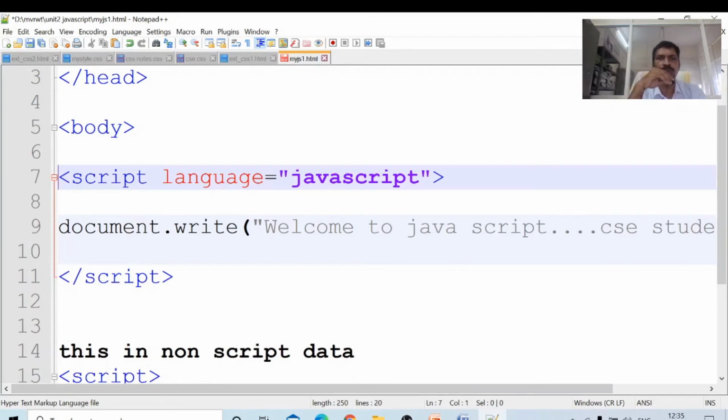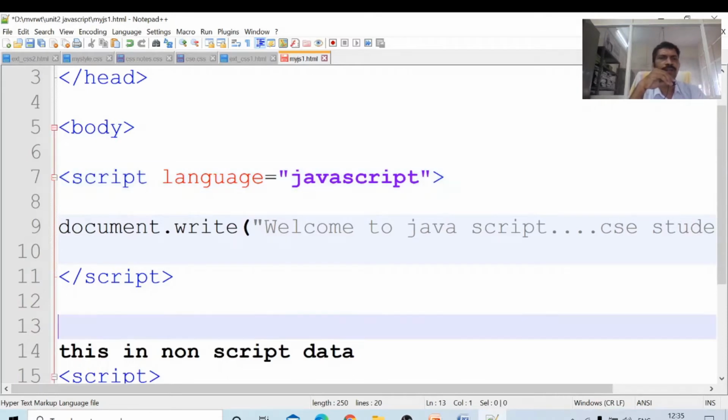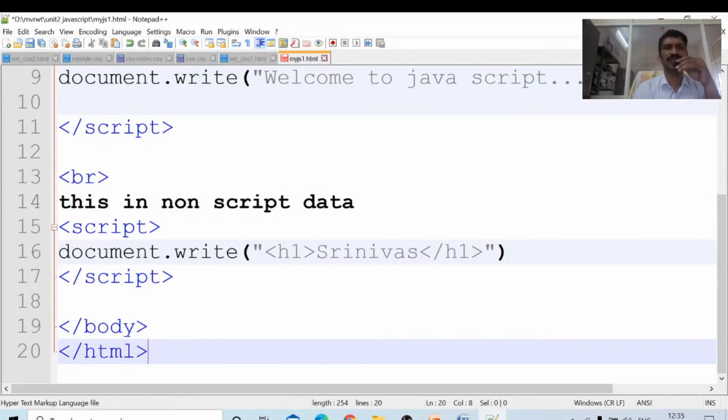Document.write, whatever we have given will be written onto the browser. Document.write, just welcome to the JavaScript. Next, I want to break here. BR means next line, so it will come on the next line. Then slash script, script slash script, document.write H1 Srinivas.